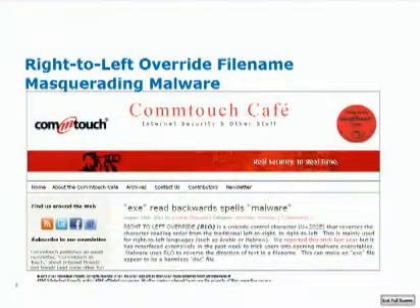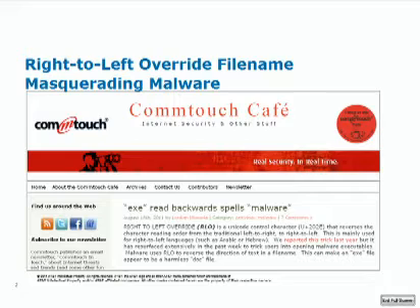Basically, they're using a trick called right-to-left override in file names. Midway through a file name, they'll insert a special character that tells the operating system, Windows, that the rest of this file name should be displayed in right-to-left fashion, such as Arabic or other languages that are read from right to left. So when you look at the file name, it reverses that tail end of it such that it can trick you into thinking it's a file extension that it's not.